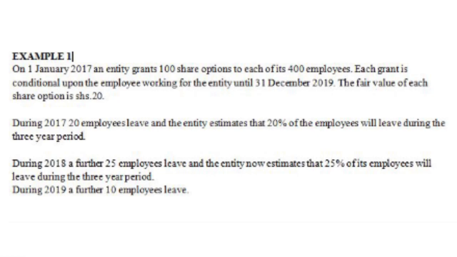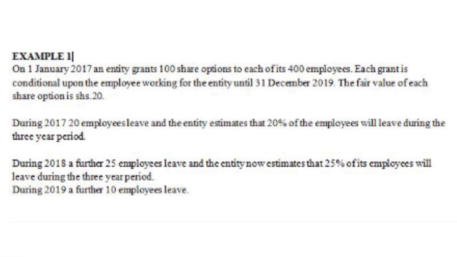Each grant is conditional upon the employee working for the entity until 31st December 2019. The fair value of each share option is